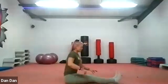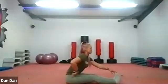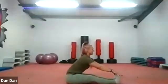What we're going to do is pull the toes back towards us, and we're going to think of our hips as a hinge. So we don't really want a lot of movement in the spine, we just want to be hinging from the hip as much as we can. So we're going to take the hands up overhead, hinging from the hip, we're going to reach forwards, and we're going to grab hold of wherever's comfortable. So if that's your shins, your ankles, your feet, whatever, that's fine. So we don't want to round the upper back just yet. We're going to make sure that our back is nice and straight, just hinging from the hip. For now,